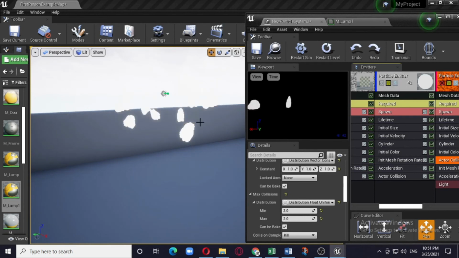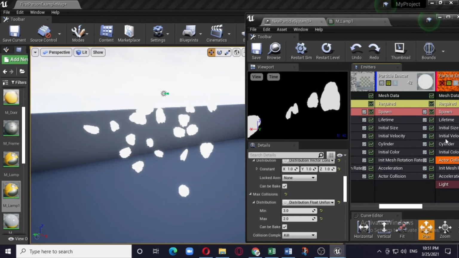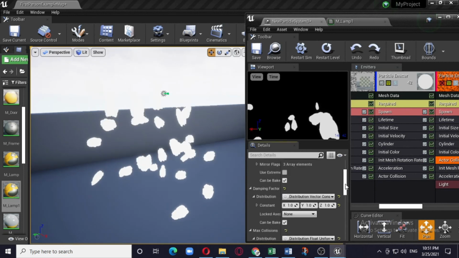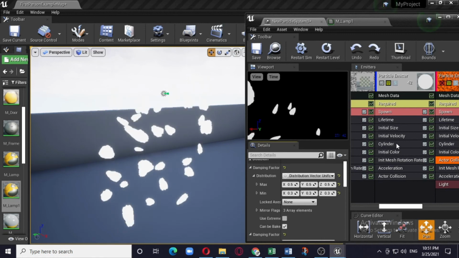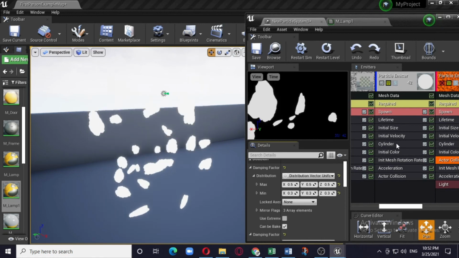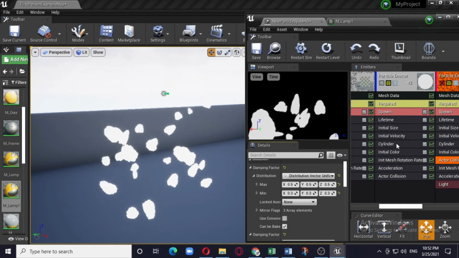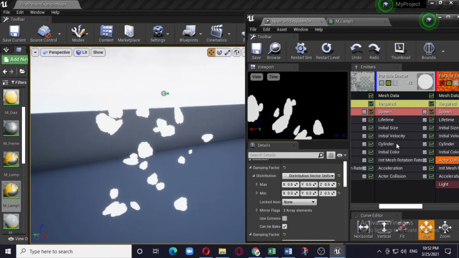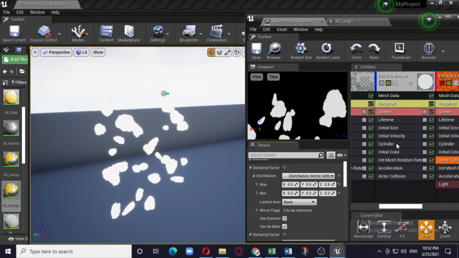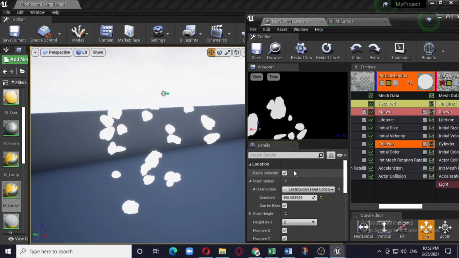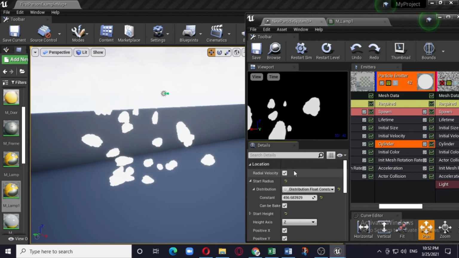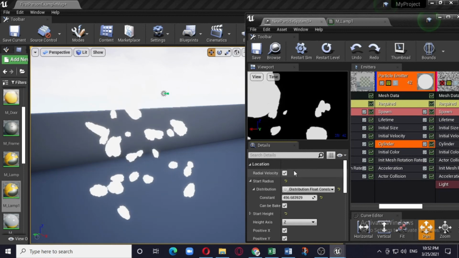okay, so this is actually a stone, and the material I applied is basically the white material. Cylinder is basically where it is being emitted from, so there is nothing complex about it. So cylinder is basically the shape through which the particles will emit.